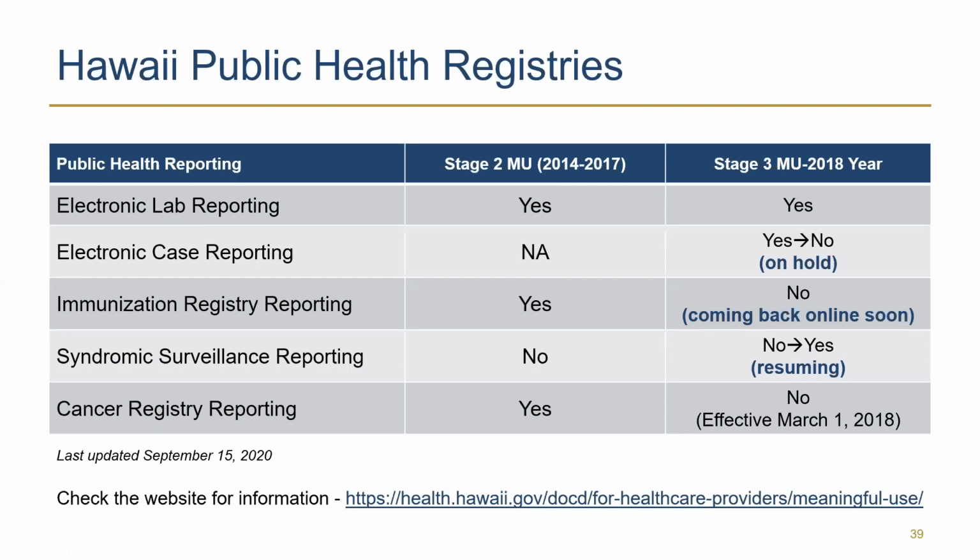The cancer registry reporting is also no longer an option. For specialty groups, if you are involved with a registry with your specialty association, that would be an appropriate measure for you to claim in this objective. If you have questions related to the registries, please reach out to your quality advisor, your quality assistant from the Queen's MSSP group, as they are happy to walk you through the options to assist you with this objective.